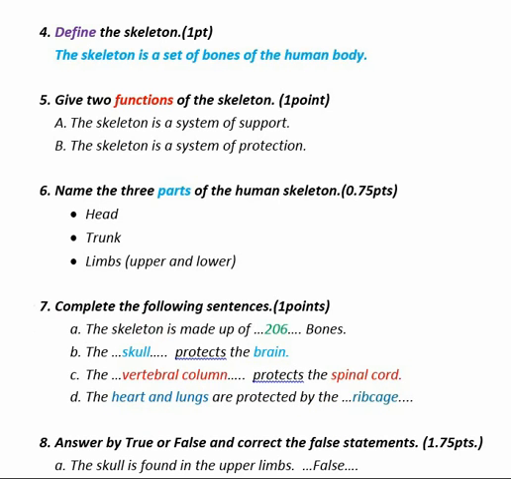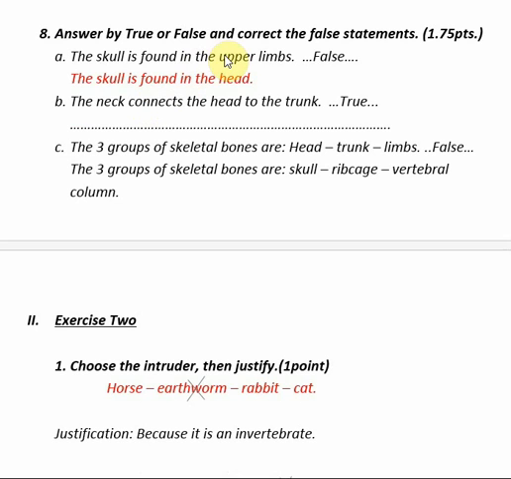In number 8, you have to answer by true or false and correct the false statements. Part A. The skull is found in the upper limbs. Of course, it's false because the skull is found in the head. B. The neck connects the head to the trunk. It's true. Part C. The three groups of skeletal bones are head, trunk, and limbs, which skeletal bones are different